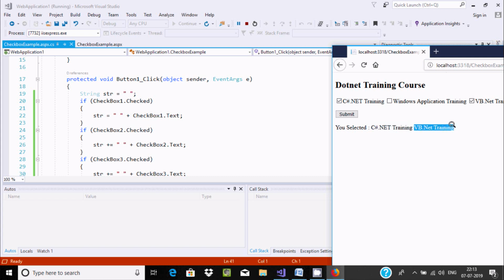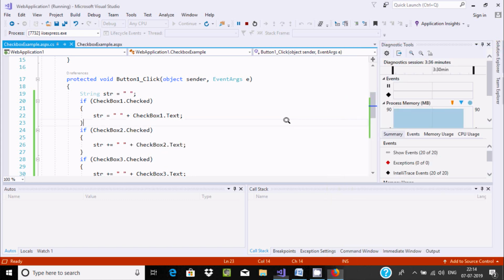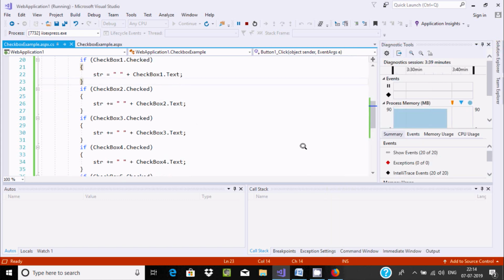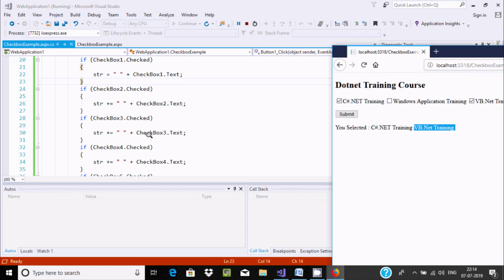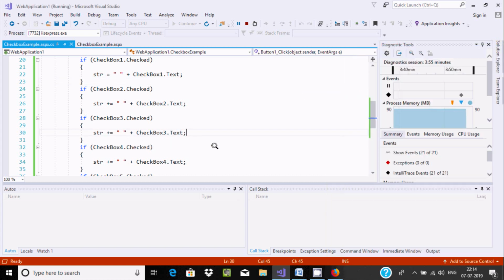So str's first-time value is this one, and the next time it is concatenated with VB.NET training. The third position is not clicked, so it has a blank value. Now checkbox 3 has the value VB.NET. If you're using str plus equal to, that means